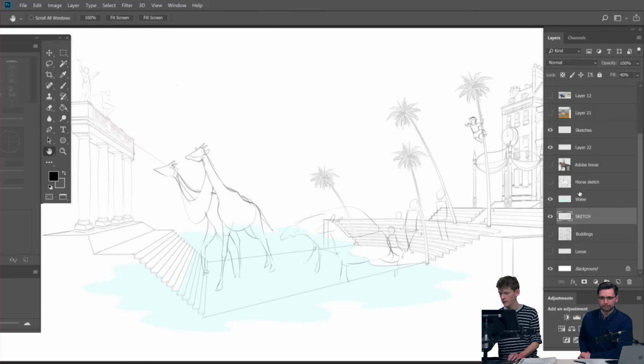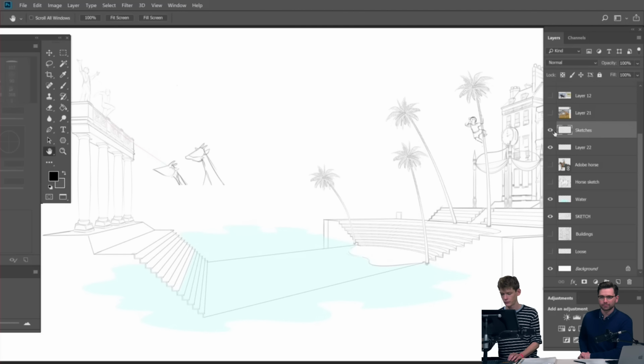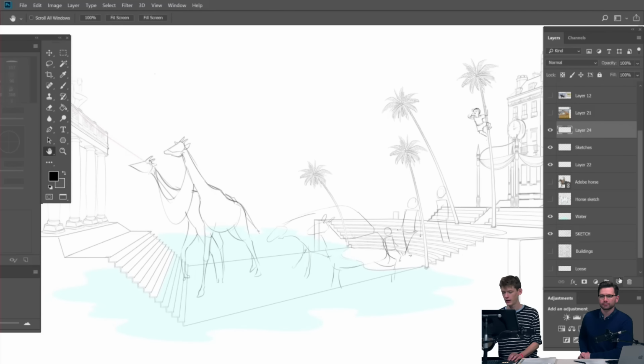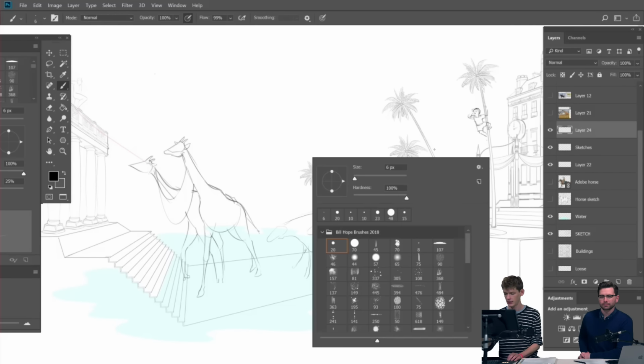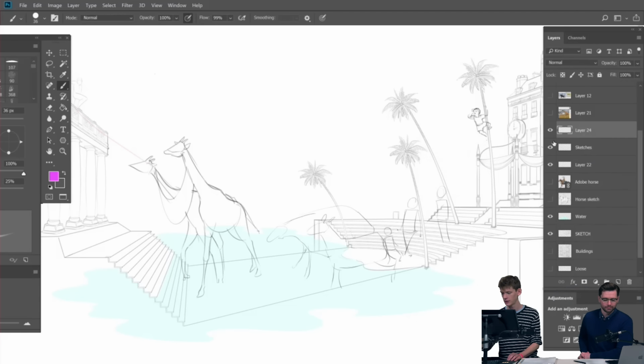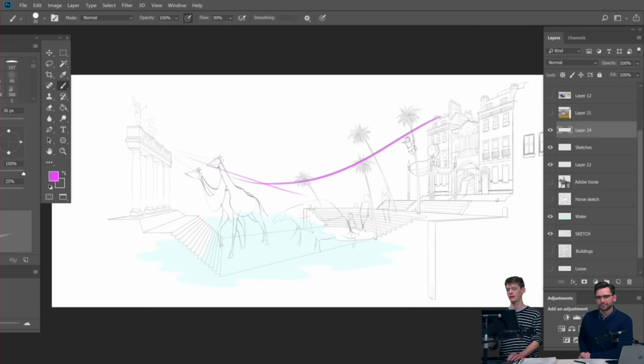So say I've got some giraffes, a couple of horses, some people down here, all that kind of stuff. I'm going to try and be sketching things that match a greater flow to the composition. If you look at the buildings and this dip that we've got going on, it follows this greater path like that.